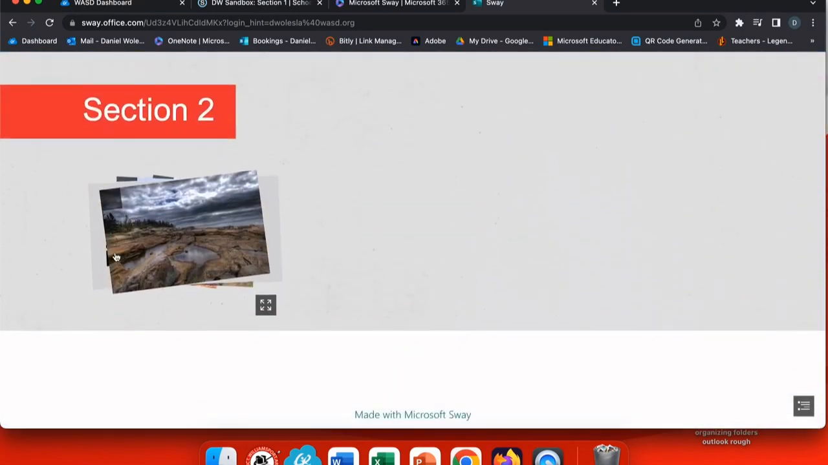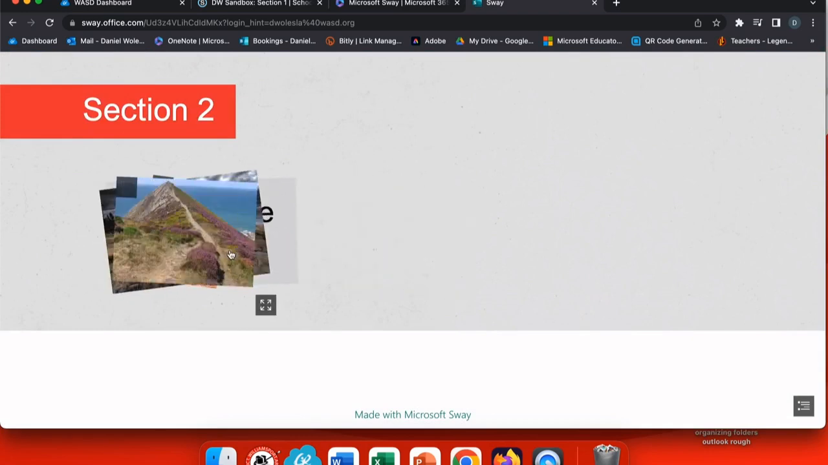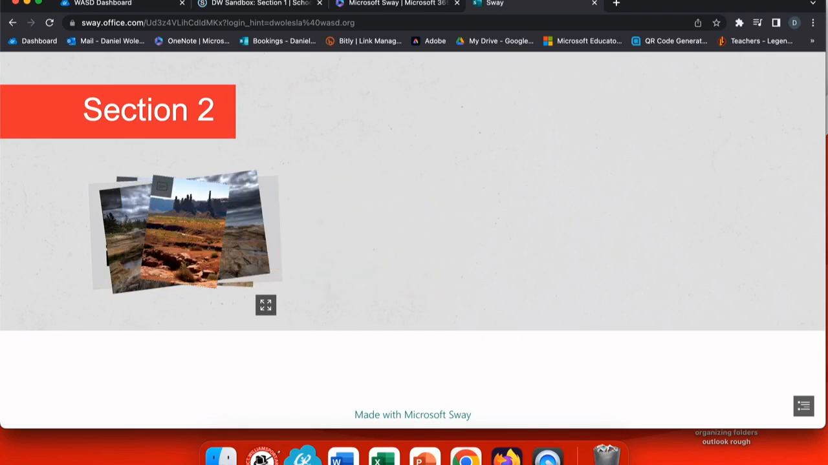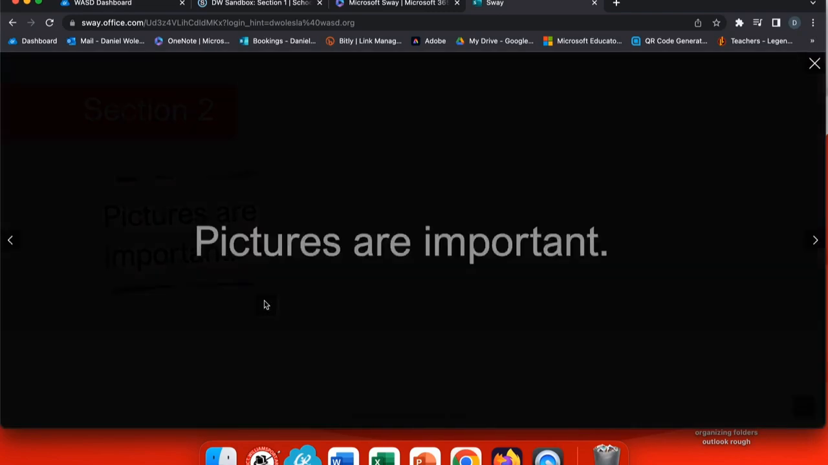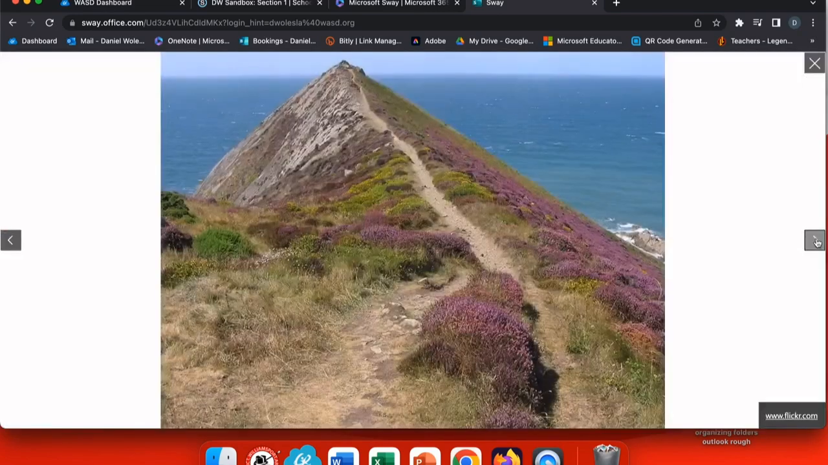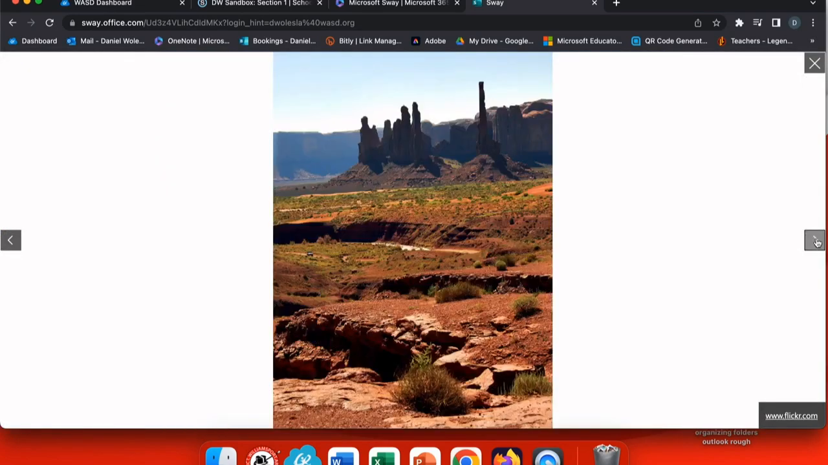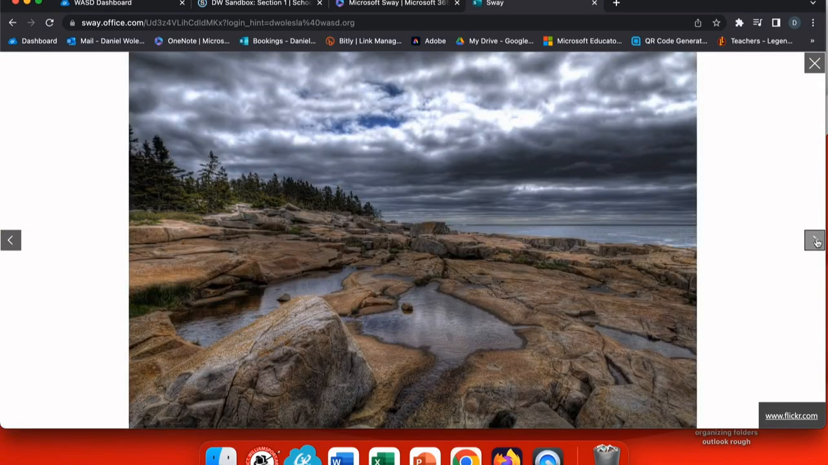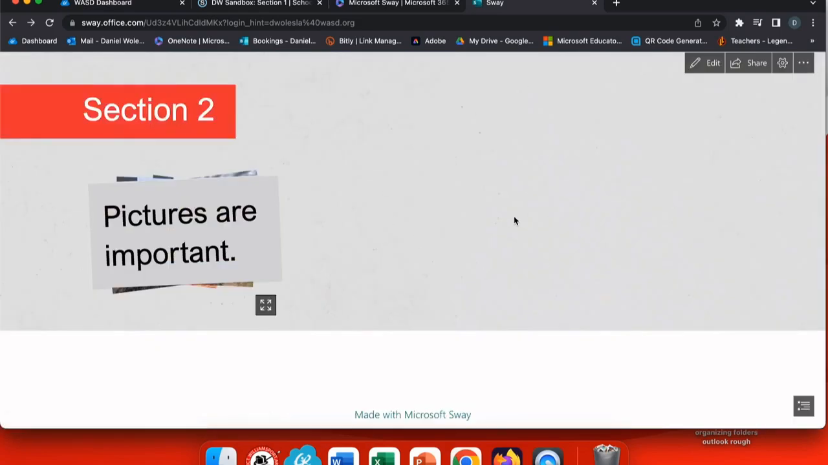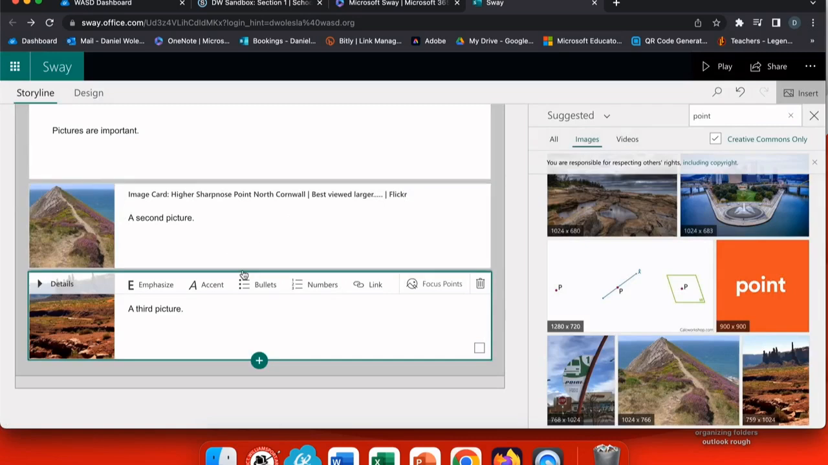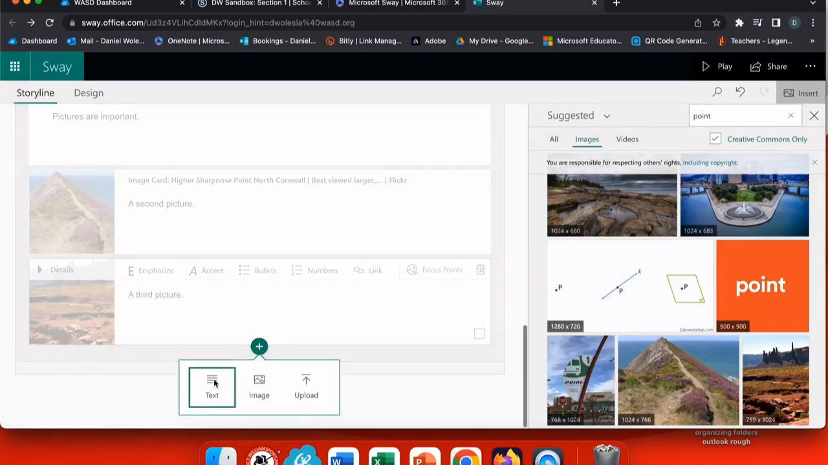Here is my section 2 with my stack. Now, when I select my stack, it will scroll through all of the text and pictures that I've chosen. I also have an option if I want to view this in full screen by choosing the full screen option and using the arrows to scroll through all of my different choices of text and words. So if I go back to edit, to make sure I choose edit and go back to my presentation,